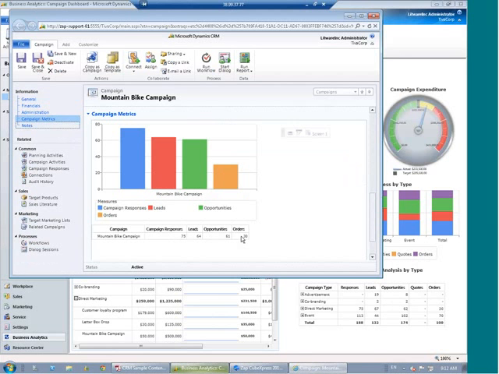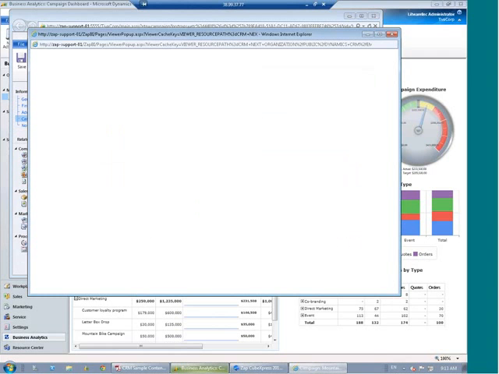And where the user has a desire to explore beyond that, they can simply right-click, they can drill through, and they can get the details on those 30 orders as well. So in conclusion,